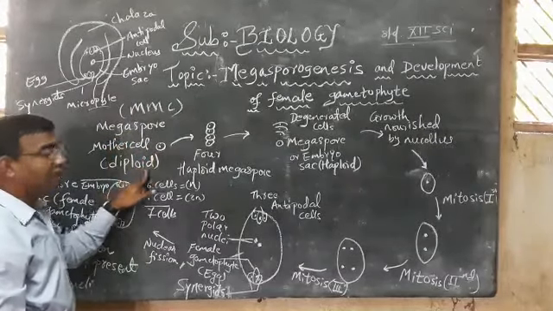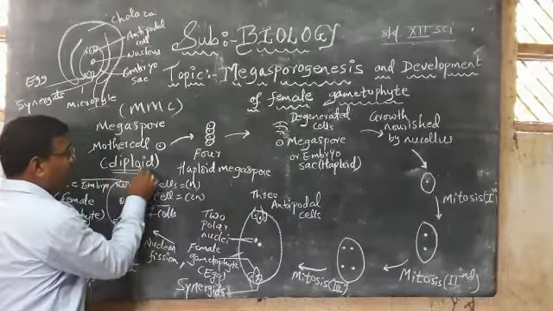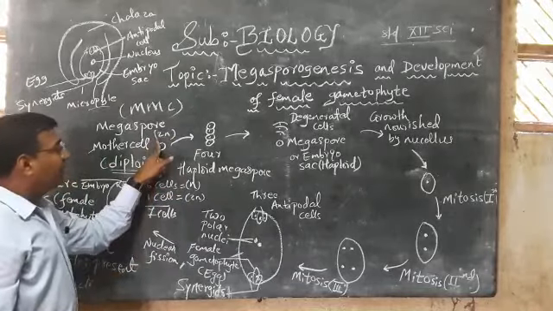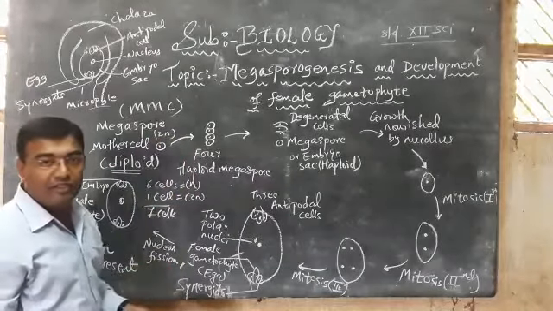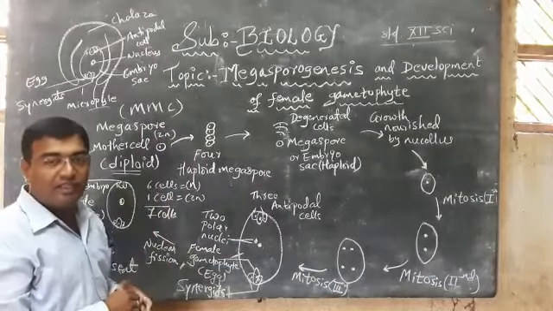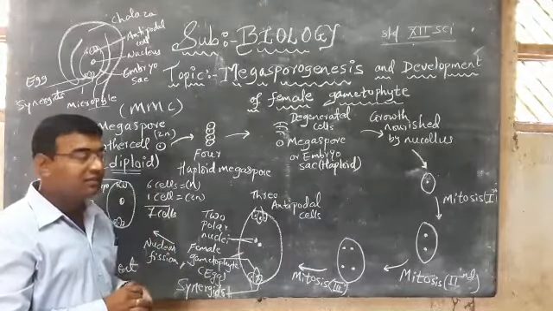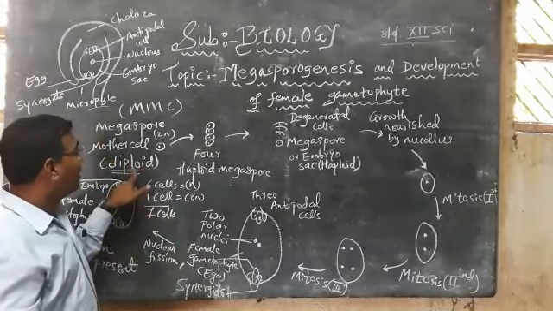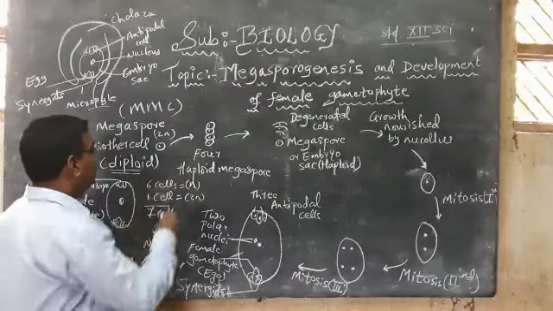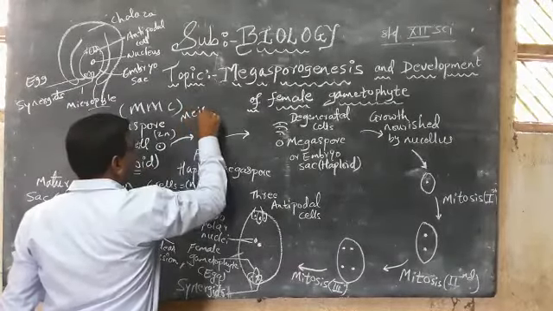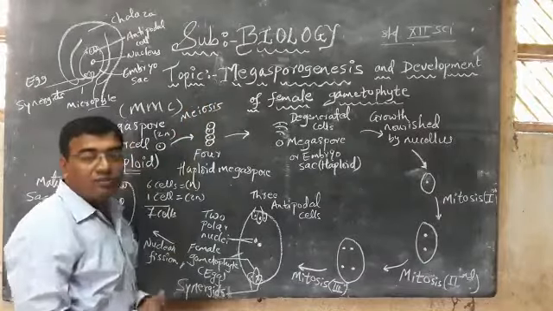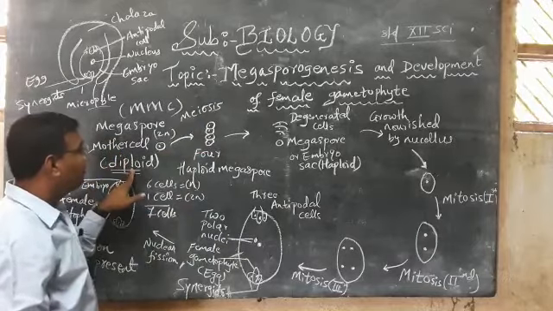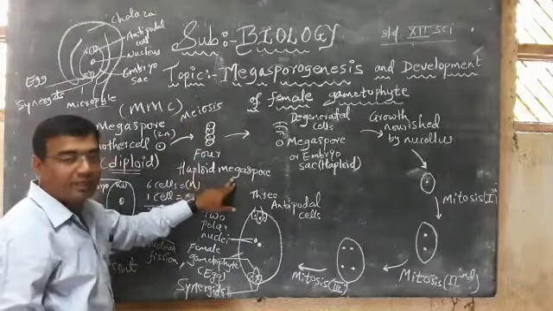This cell is a diploid cell. When we call it diploid, it has the number 2N. And when diploid gets divided, it forms haploid. We have seen this in 11th standard about meiosis and mitosis. This is the cell division process. So when the diploid cell undergoes meiosis, the first step is meiosis. It undergoes cell division. After the first cell division, the megaspore mother cell, a diploid cell, forms 4 haploid megaspores.